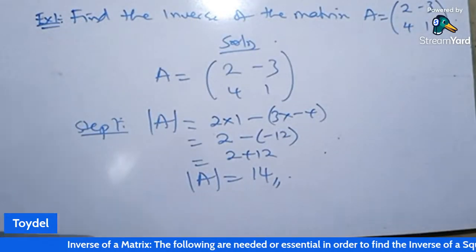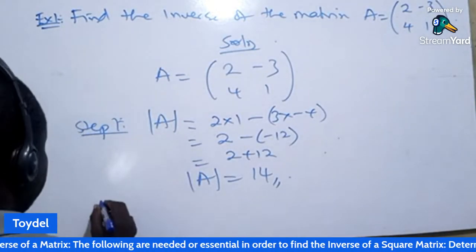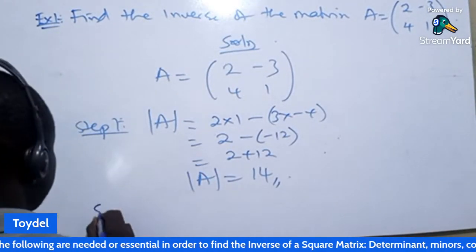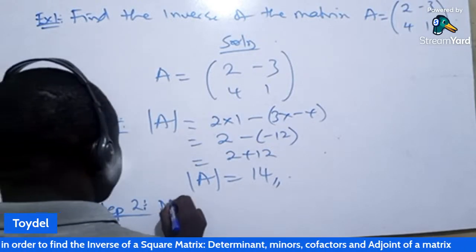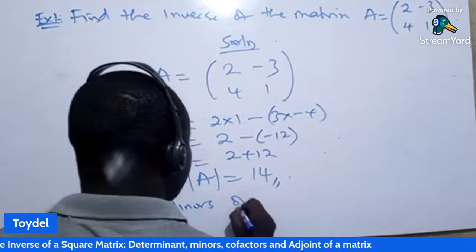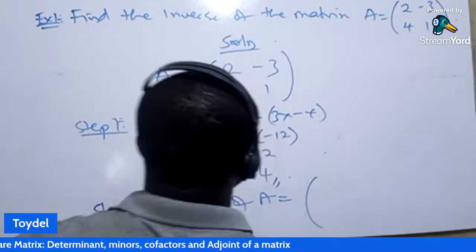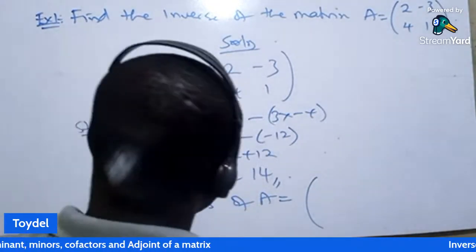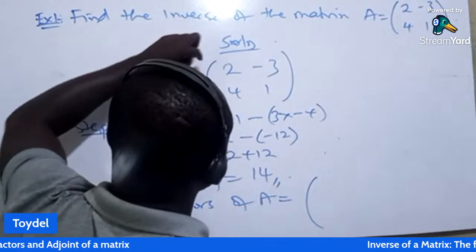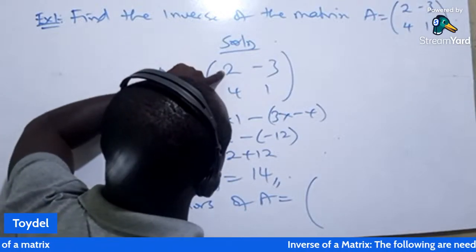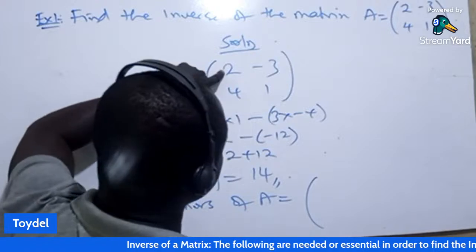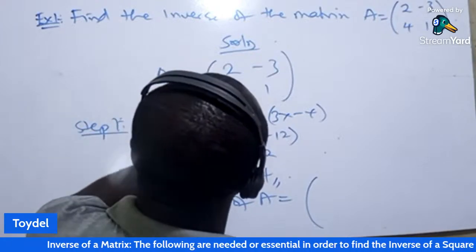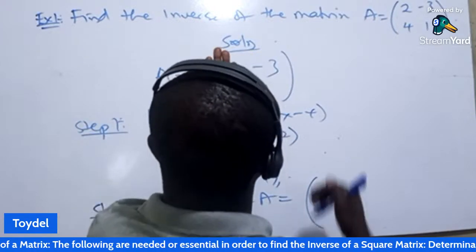So we have gotten the value of determinant of A. Then we go to the second step, step 2. That's where we go ahead and find the minors. Let's find the minor of A. So how do we find the minor of A? For us to be able to find the minor of A, take the first element along the first row and first column. So we find the minor of 2. If you want to get the minor of 2, we pretend as if we cover the first row